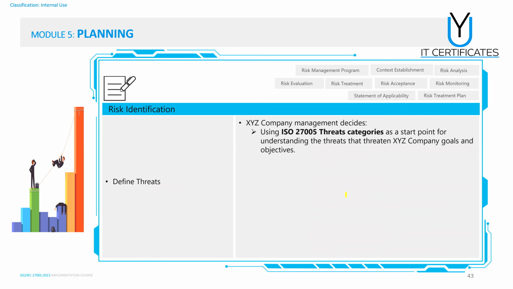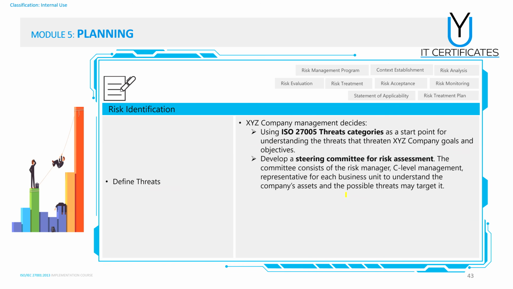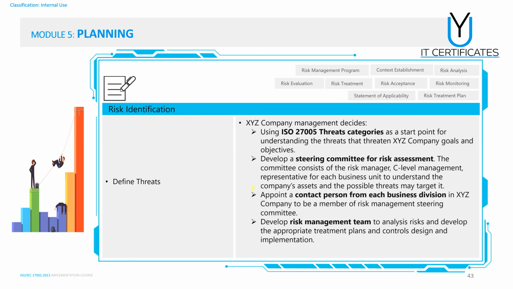You have to define what the threats are, and I think in this you will find that I covered the points which we discussed in the first session. We said that for the threats, you can start with some pre-configured, ready categories, and you can get these categories from ISO 27001, or 27005, or NIST. Or you can have a steering committee for risk assessment, which will be subject matter